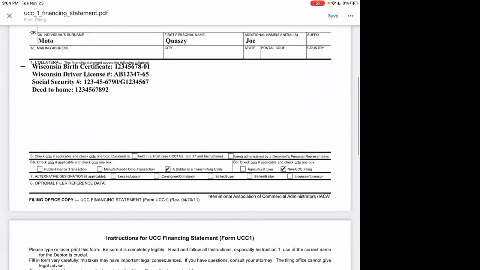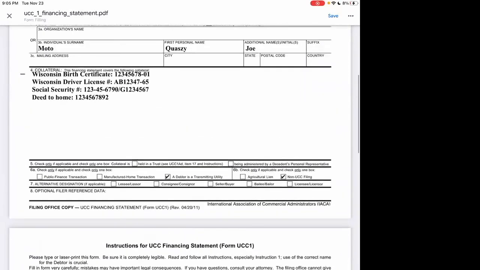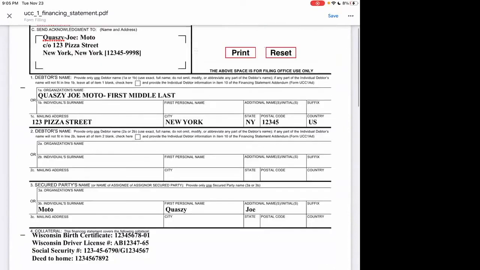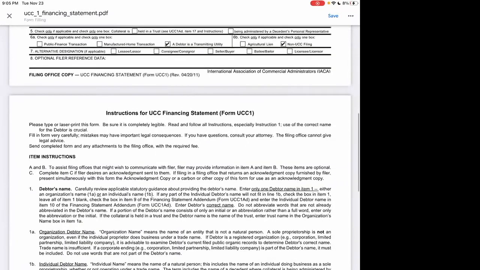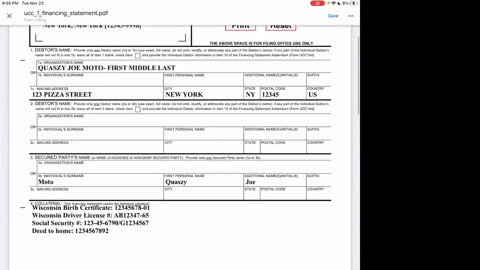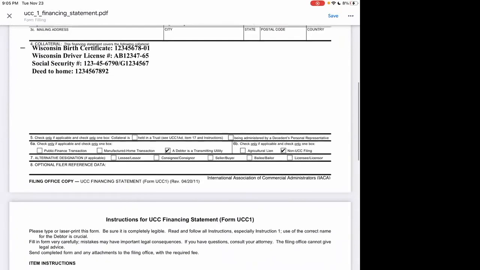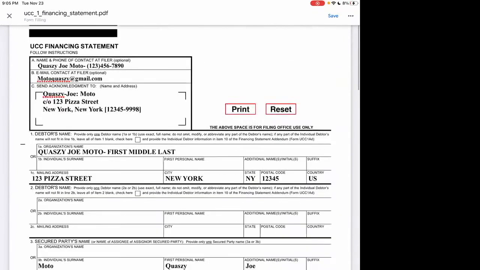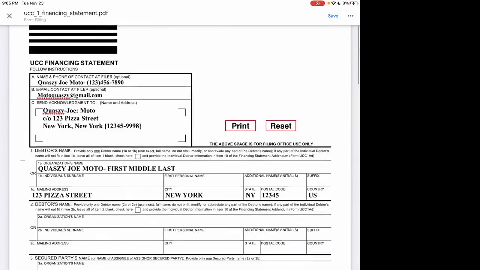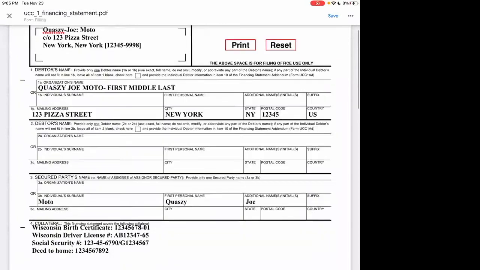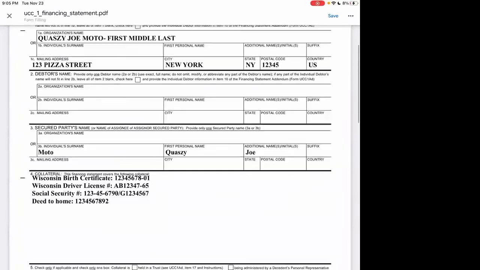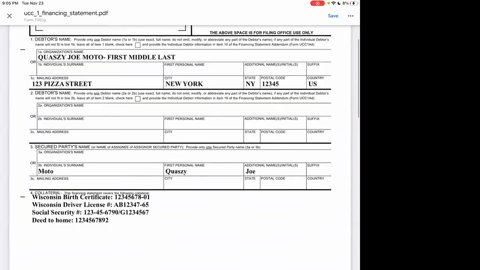I was just going back to what you were touching on about the financing statement and the 5-year thing. I was reading under the UCC Article 9, lapse and continuations, where it says in most cases a financing statement lapses at the end of 5 years. However, if the debtor is a transmitting utility, and that is stated on the financing statement, then the financing statement never lapses. It must be expressly terminated. So as long as it is checked as a transmitting utility, I guess it doesn't have to be continued every 5 years.